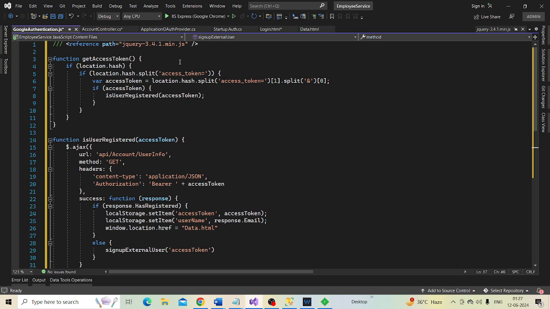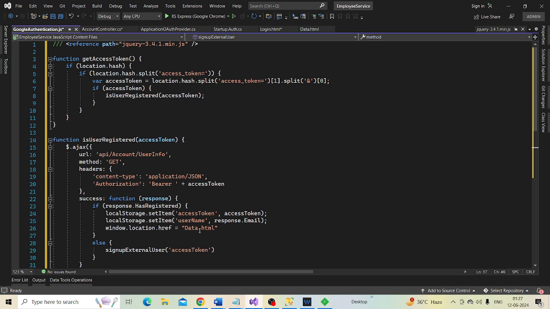It is going to store the access token and username in the browser local storage, and then redirect the user to the data.html page where he can see employees data.